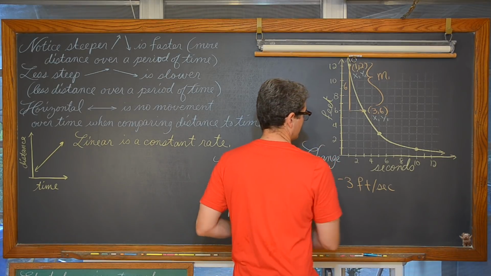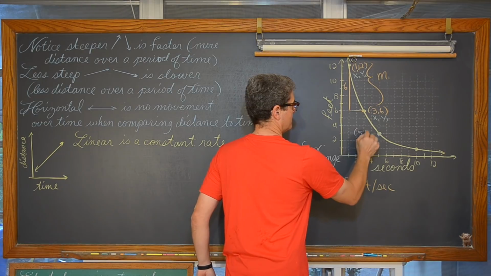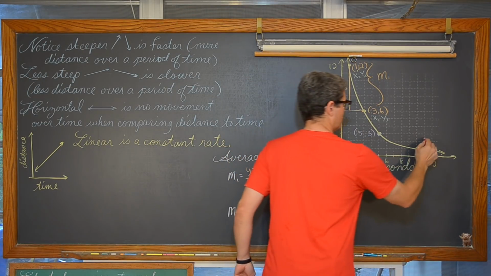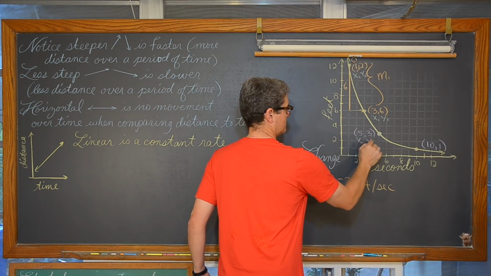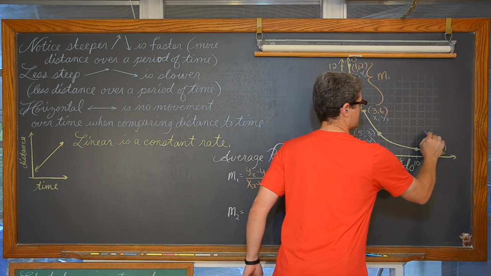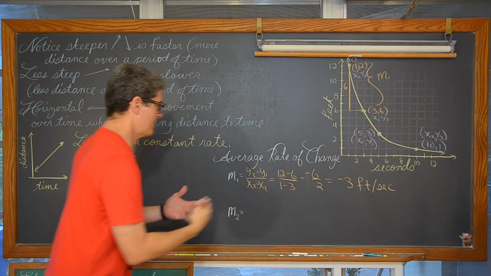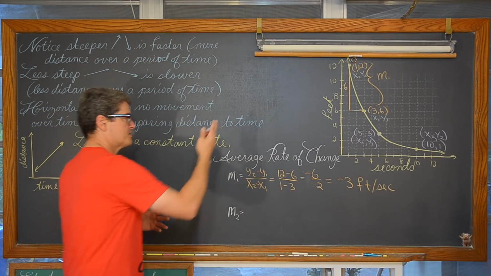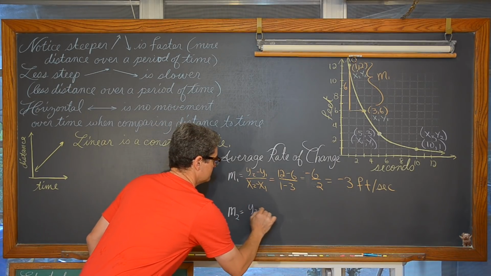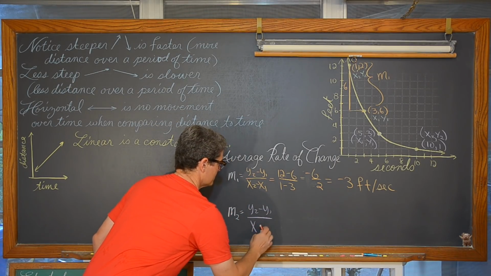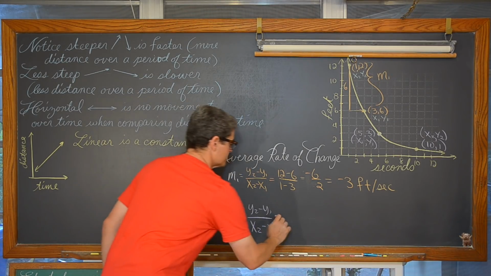Now for our second time period between these 2 points, and let me just pick a different color, purple, we've got 5, 3 and 10, 1. I'm doing this twice for more practice, plus the idea that average rate of change is forever changing. If you pick a different time period, you get a different answer, which is why it's important for you to describe where on a graph you are finding your speed or rate of change from.